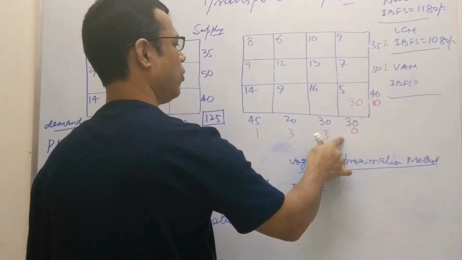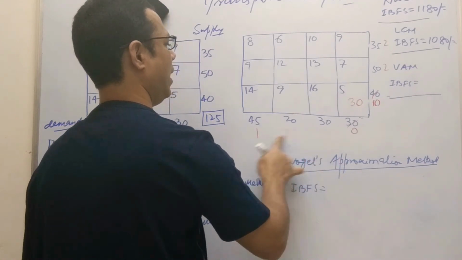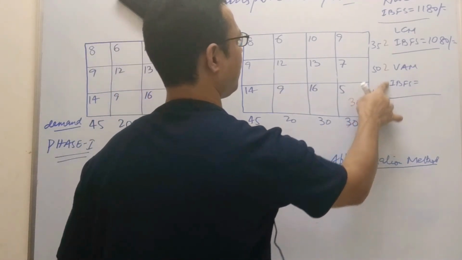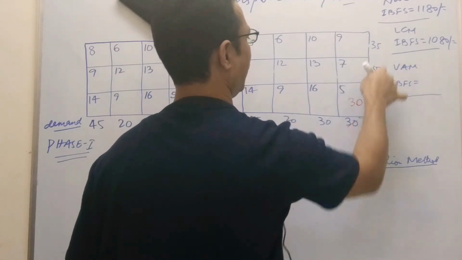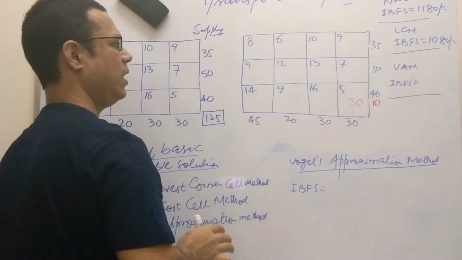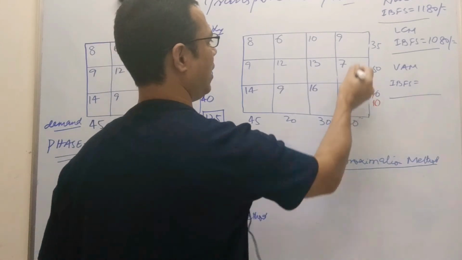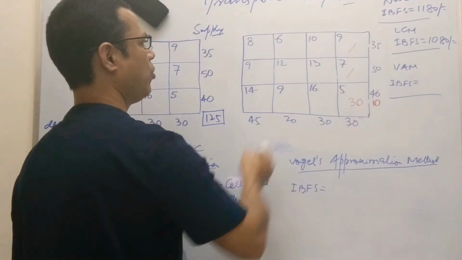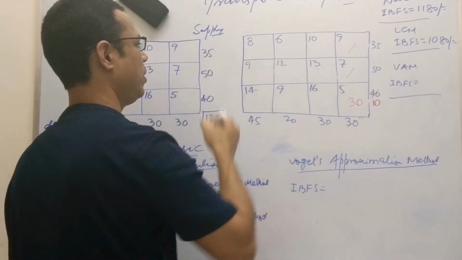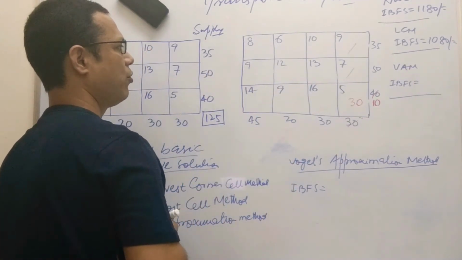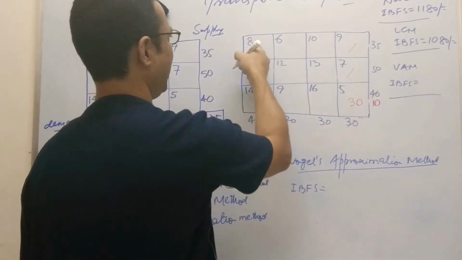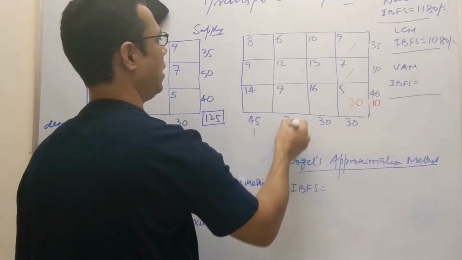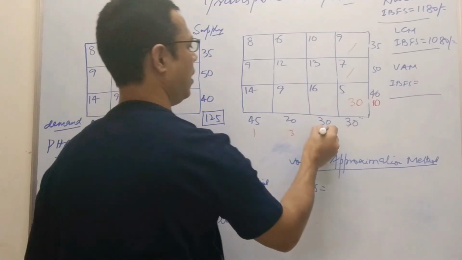Okay. So now I'm going to erase all this and we'll go for the next penalty. Same procedure. So 30 already have shifted here, so there is no more demand. So this column has finished. For all the rest of the columns, we need to see which one is going to give you the more penalty. Here 8, 9, 1, 6, 9, 3, 10, 13, 3.